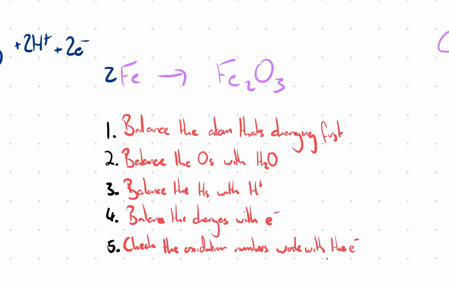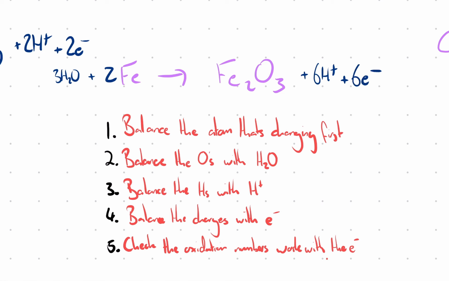Balance the O's with H2O. We've got 3 on the right, so we need 3 H2O. Balance the H's with H plus. We've got 6 on the left, so 6 H plus. And finally we balance the charges. Got no charge on the left. We've got 6 plus on the right, so we need 6 electrons to make sure they're the